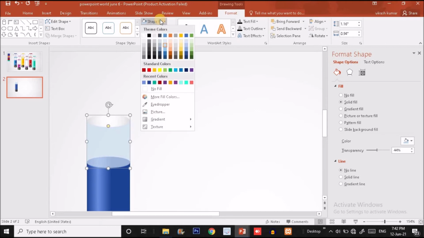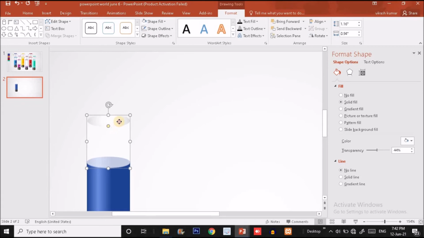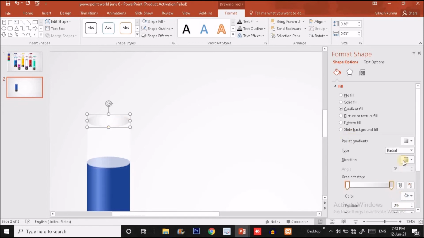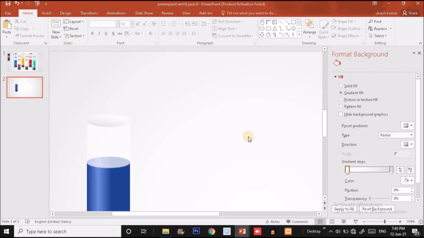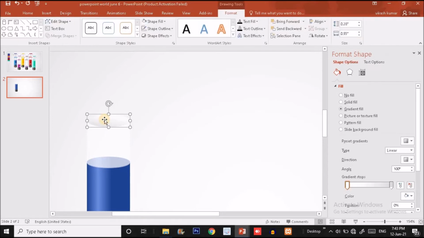First you have to choose the shape fill white for this circle, and for this I will use gray and white color, but the type should be linear, and I will put this darker shape to the left. So I'm going to change the angle. Yeah, this is perfect. And now one more thing we have to do with this oval shape.